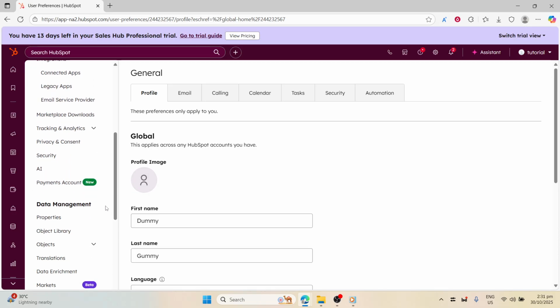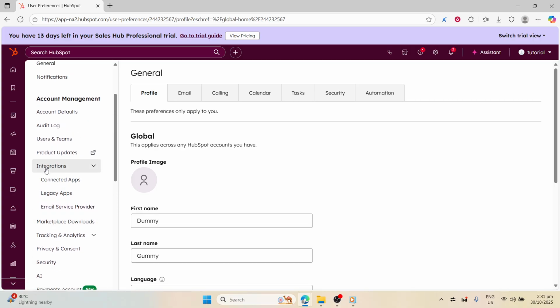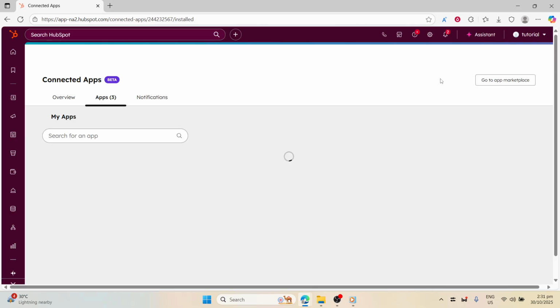Next, once you're in the settings menu, direct your attention to the left-hand side of the screen. Here, you'll notice a list of options. What you're looking for is labeled as integrations. Clicking this will reveal a submenu where you'll select Connected Apps. This is where HubSpot keeps track of all the various applications and services it can interface with, providing a seamless